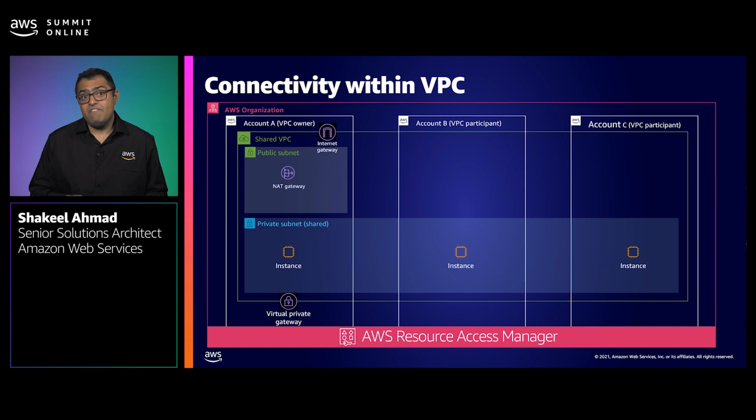To achieve connectivity within the single VPC, you may also be using shared VPC today, where you can actually extend some key subnets across many accounts using AWS Resource Access Manager. Again, the same principle applies, that is to ensure that you are replicating resources across multiple availability zones or multiple subnets, as well as following the best practices for shared VPC.